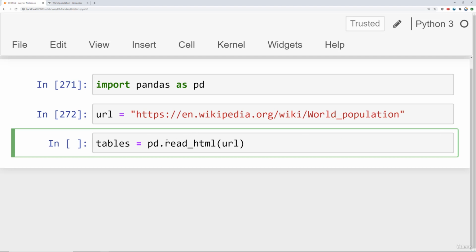Because what read HTML is going to do is it's going to attempt to grab every single table inside of this URL. So it always returns a list. Even if there's just one table, it's going to return a list of one item. You should also keep in mind that sometimes if you're working on a company internet, your firewall may be blocking you from doing this sort of functionality, in which case you'll have to talk to your IT